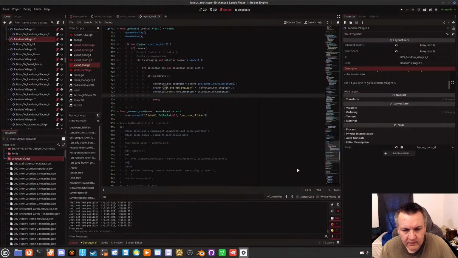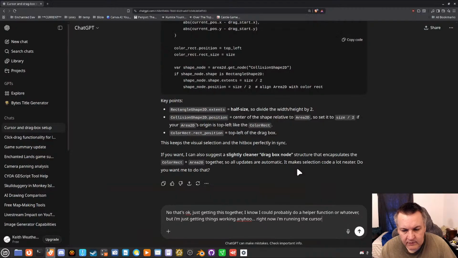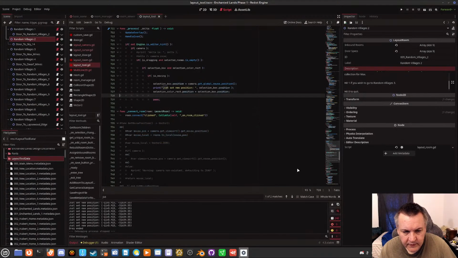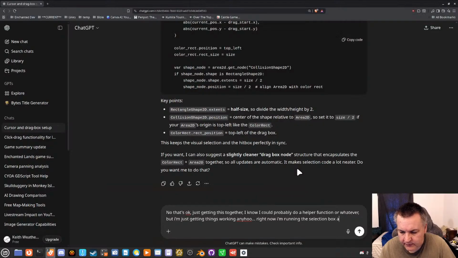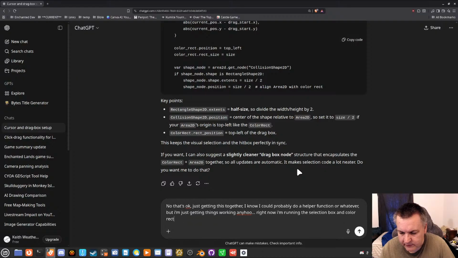It's already self selection. Running the selection box and color rect position within process.